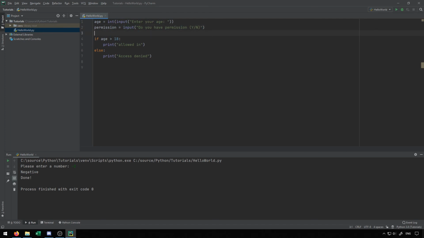So then in these sort of situations, rather than saying if the age is greater than 18, there's another sort of condition that we can check here. We may want to check if they also have permission, right? And now there's a few different ways that we can do this. The first way would be like this. We could say elif